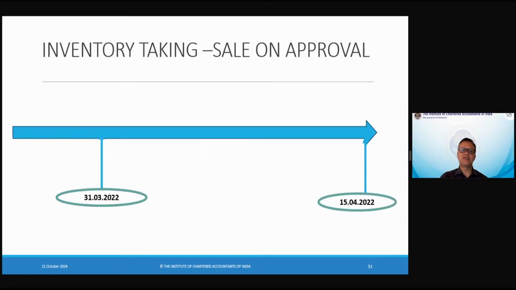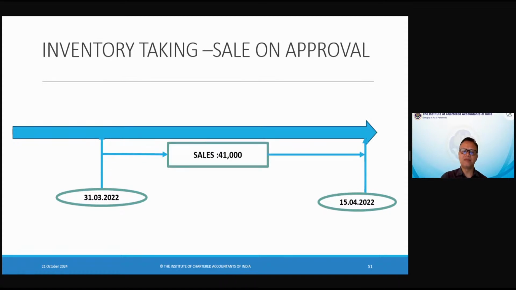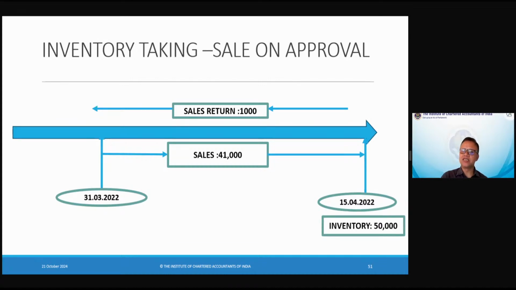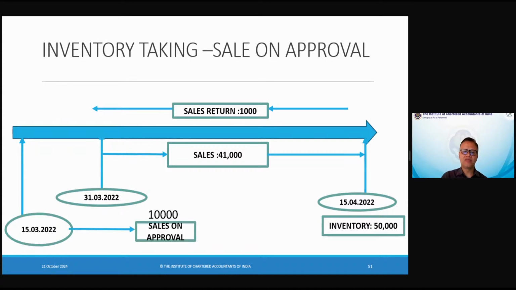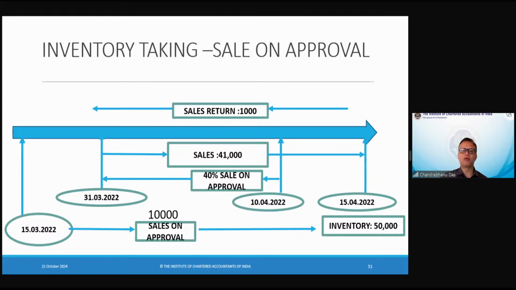31st March is our date of closing, but we got the inventory on 15th April 2022. In between, there have been sales of 41,000 and there has been a sales return of 1,000. Apart from that, we have the inventory value of 50,000. We know that on 15th April it is the cost of inventory. Then on 15th March, we have some 10,000 at selling price of goods which were sent for sale or approval. And on 10th April, out of that,